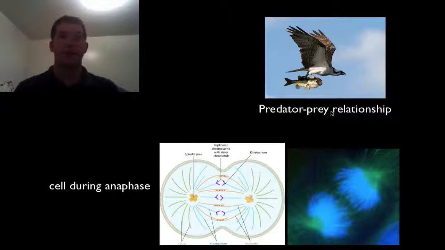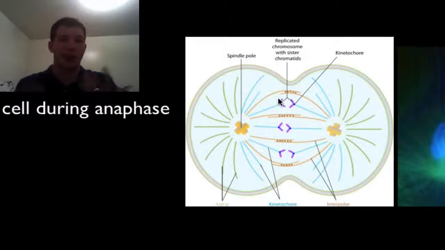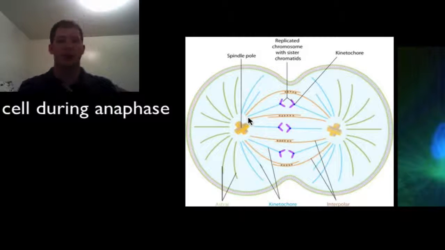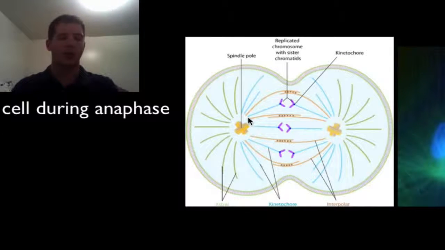And that's an example of things interacting on the bigger scale. On the smaller scale, within a cell itself, there's a lot of different organelles that are working together to achieve a goal. And the goal, in this case, is going to be to divide the cell via mitosis. So during anaphase, we have these little things called microtubules. They're part of a cytoskeleton system, and what they do is shoot out from the poles of the cell and attach to the chromosomes and pull them across the cell to either end, and that's going to help split the cell into two when it's dividing.